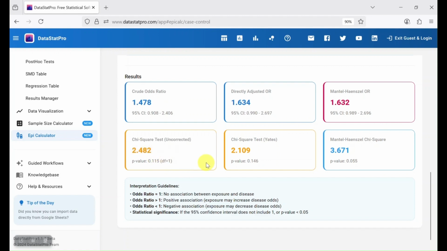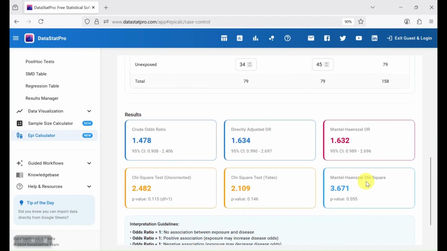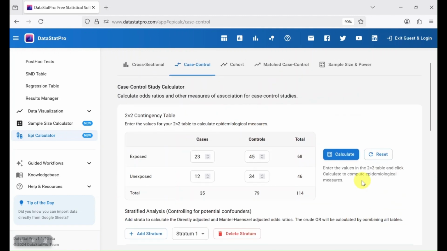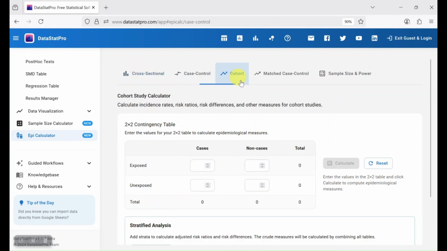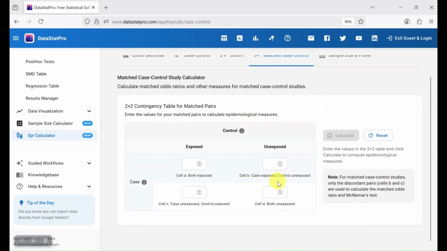We have chi-square test, we have Yates corrected chi-square, and we have adjusted chi-square, the Mantel-Haenszel adjusted chi-square, along with their p-values. You can see the similar sort of interface for the cross-sectional studies, for the cohort studies, for the matched case control studies,